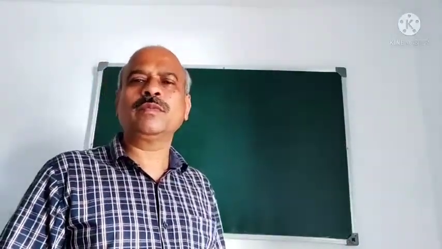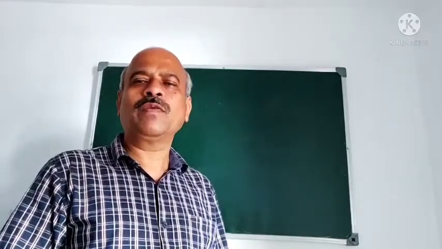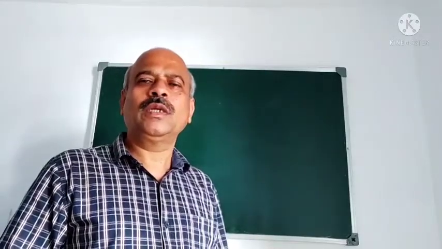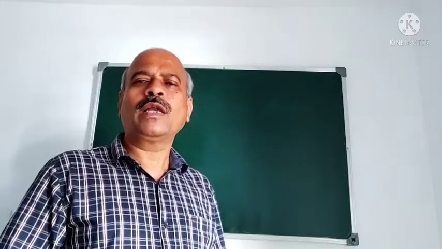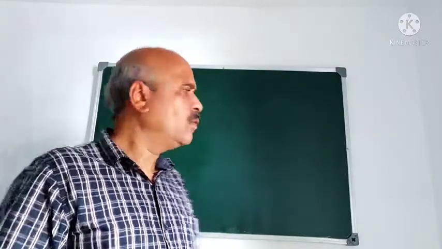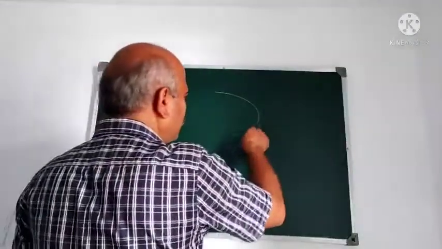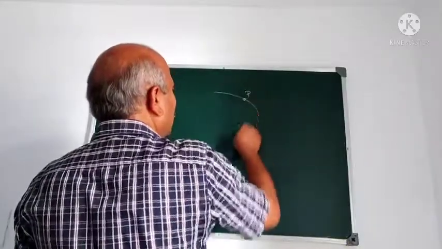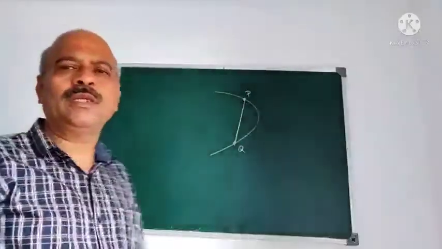What is an asymptote? In second PUC, while studying hyperbola, or I think in first PUC, you have studied conic sections. There you have studied what a pair of asymptotes is. First I explain here. Suppose this is any curve, then suppose PQ is a tangent. PQ is a chord joining the 2 points.